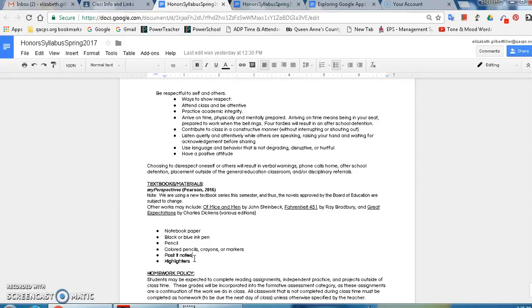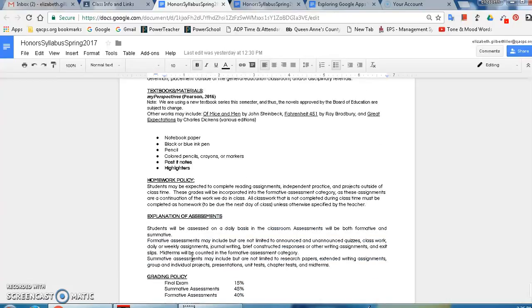With the textbook, they get their own copy of it. It's theirs to keep. They can write in that. They can highlight it. They take it home at the end of the semester. But our novels cannot be written in unless you purchase them. And in that case, Post-it notes work really well for taking notes and keeping track of things. And it actually helps the paper writing process tremendously.